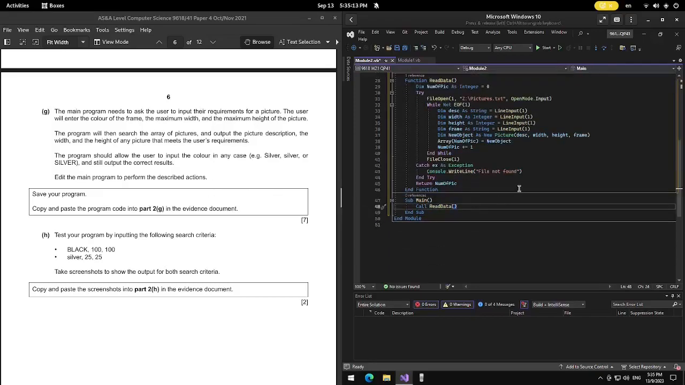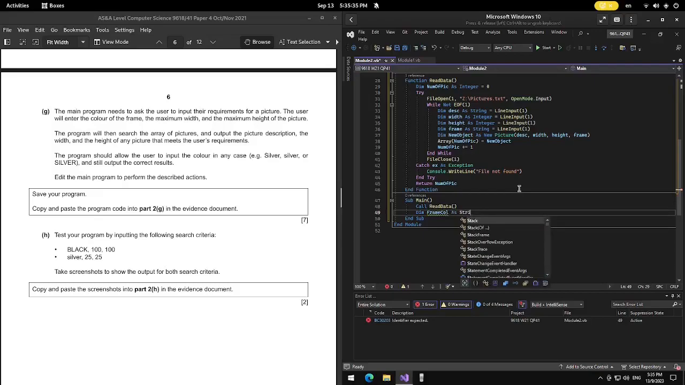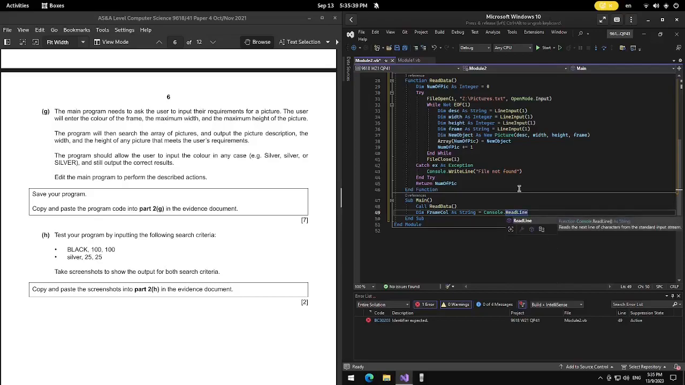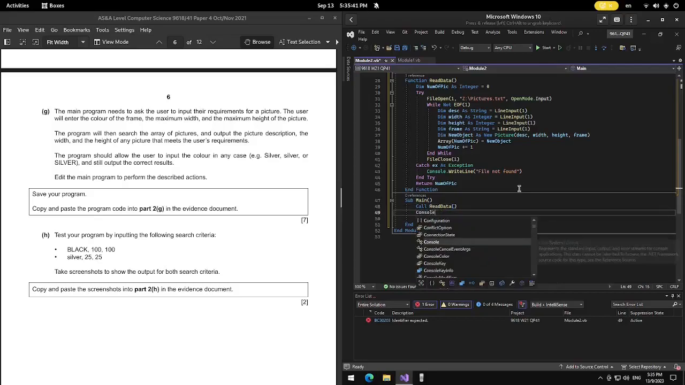So here I'm going to do something like this. I'm going to dim, because here we need to input the requirements for pictures. So the user will enter the color of the frame. Color as string equals console.readLine. So above this we need to do something like console.writeLine